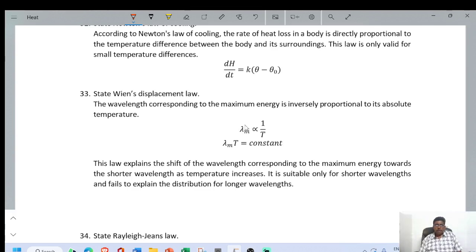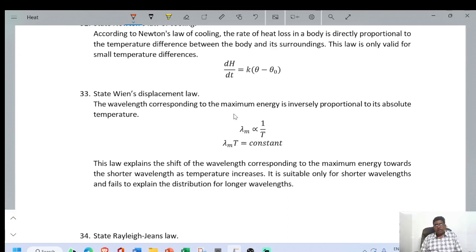The wavelength corresponding to the maximum energy is inversely proportional to its absolute temperature. Suppose the temperature is increased, then the value of lambda m also varies. So lambda m into T is a constant. As temperature increases, the wavelength corresponding to maximum energy decreases,